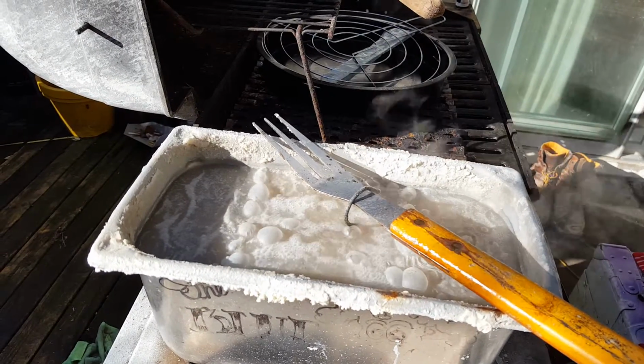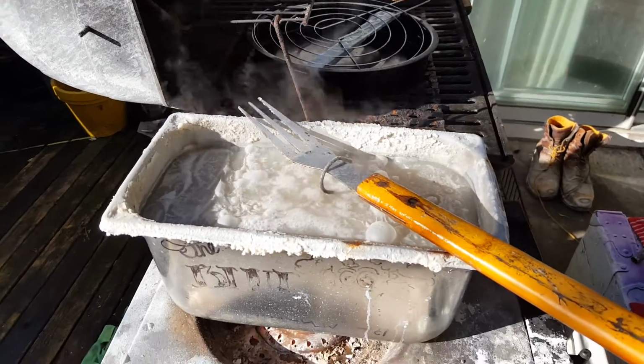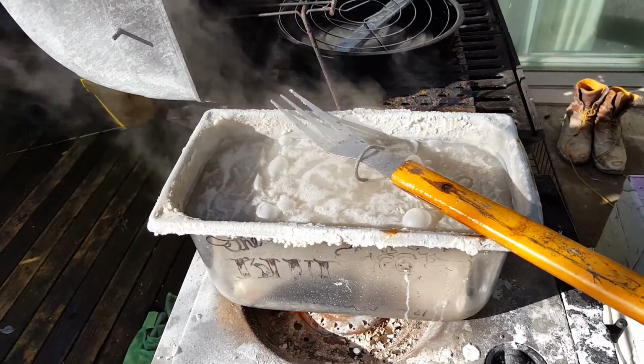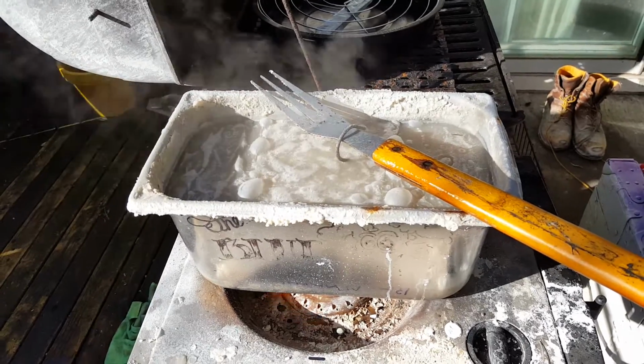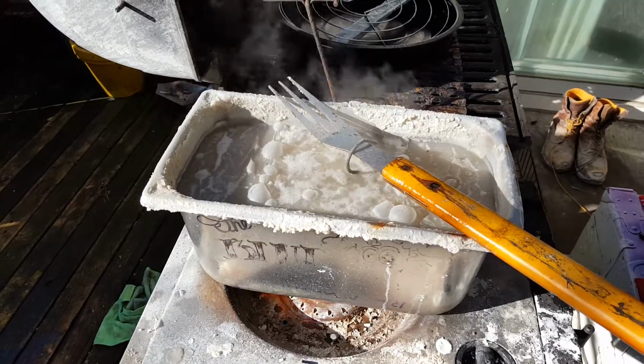I don't have the big long tanks for this. I have them for parkerizing, but I don't use them for bluing. But this thing does great for bluing pistols or small items. And so I usually just sandblast things and throw them in there. But every now and then I do what I did with this, which is I